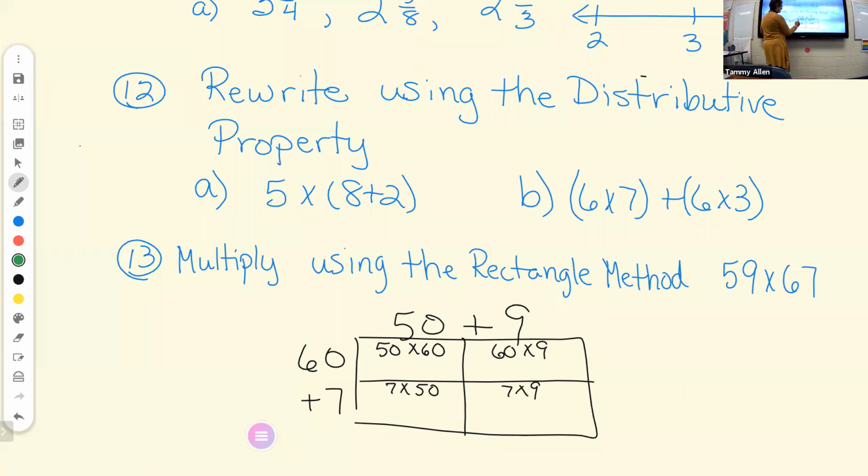What's 50 times 60? 30,000. What goes in here? When I add these, I get 3,350. When I add these, I get 603. Is that correct? Yep. When I add these together,